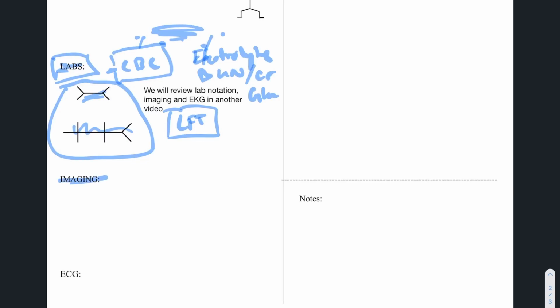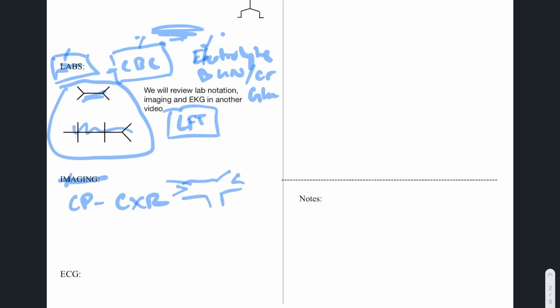Now, imaging is also another area that people struggle with. Once you get used to it, though, you know what things are used for, it becomes easier. But I think labs and imaging are hard because you have to actually make some decisions, like, is one test better than the other? Imaging, for chest pain, we typically order a chest x-ray, and then from there we kind of branch out. Are we thinking a pneumonia that we can just treat? Then great, we don't have to do anything else. But if we're thinking of pulmonary embolism where there's a blood clot sitting in the pulmonary artery, well, we get something called a